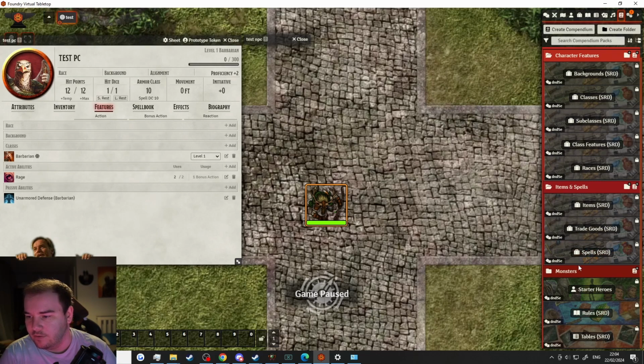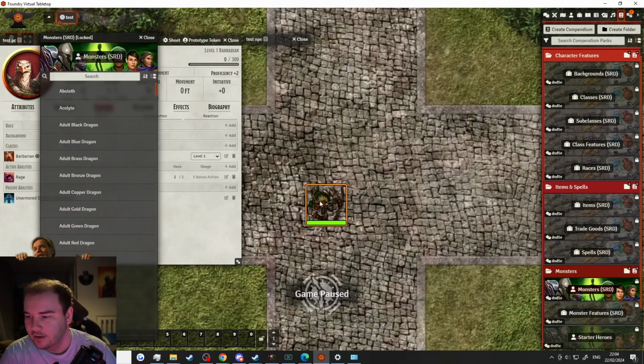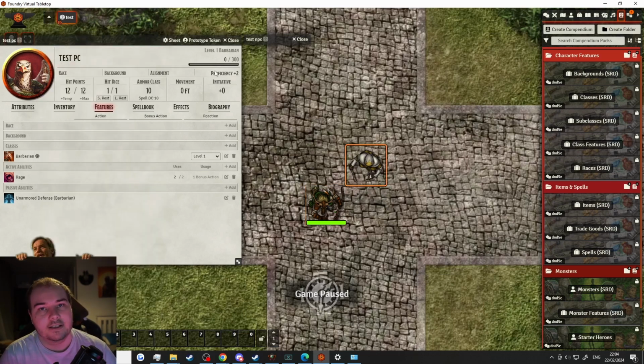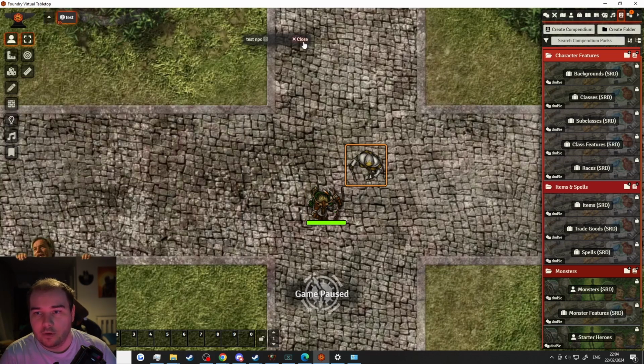Also, got some standard reference monsters. If I click the right folder, let's try that again. So let's bring in an acolyte. There you go. So it's enough to get started. And then if you want to bring anything else in, as I say, I'll cover that in a later video,